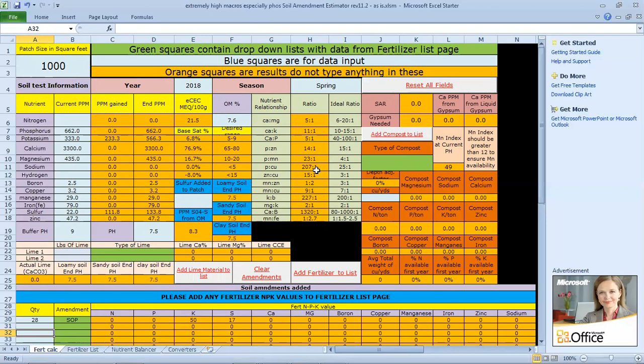And then the next thing I look at, I'm looking and I'm like, well, can't add any zinc. That'd be ridiculous. Don't really need to add any manganese, although his ratio is off, but you're never going to line it up. And this manganese index over here needs to be above 12. So over here in the pink on the right-hand side, it figures out what your manganese index is based off of your pH. And by adding 20 pounds of sulfur,